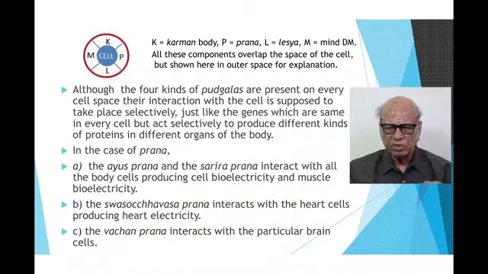The same kinds of genes are present as you have learnt in the biology class. They are present all over, in all the cells, but different cells at different locations produce different kinds of proteins, because their actions are selective. In the same way, we are assuming that although the pranas, the leshyas and the mind are present on all the cells of the body, their action is also selective.